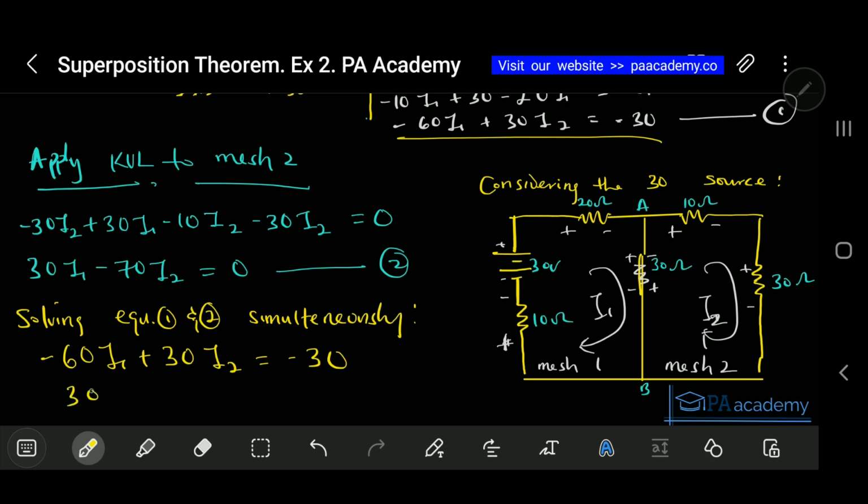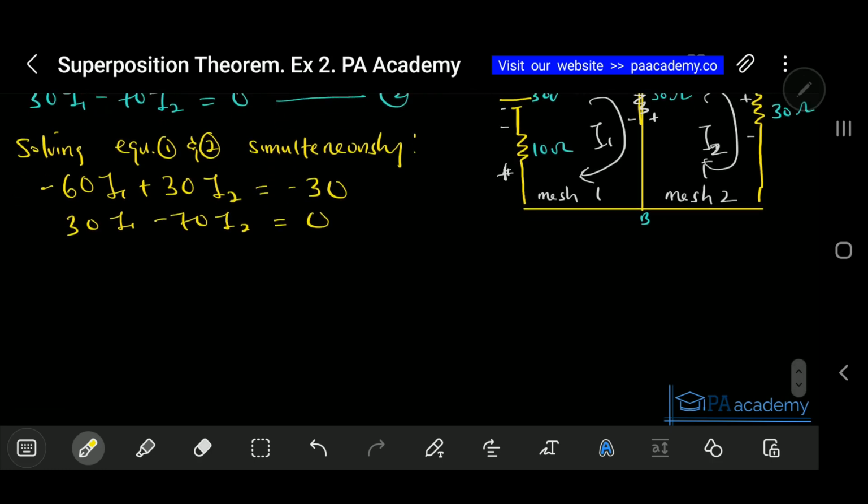And then 30 I1 minus 70 I2 equals to 0. So if you do that, you are going to be getting your I1 to be equals to 0.64 amperes, and then your I2 will be equals to 0.27